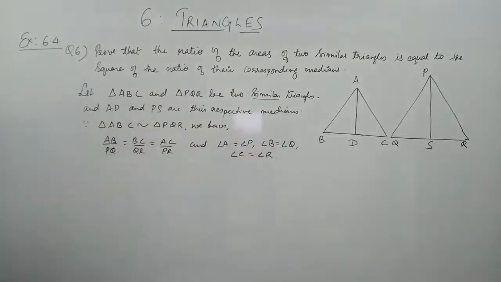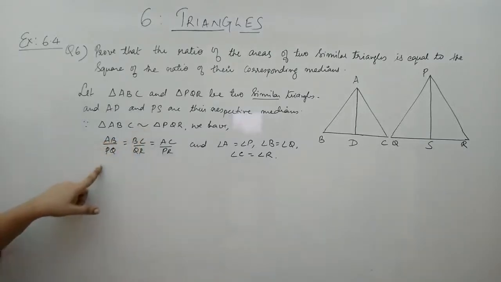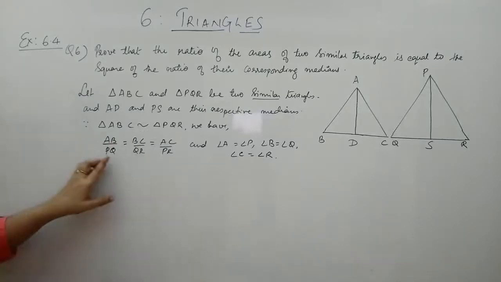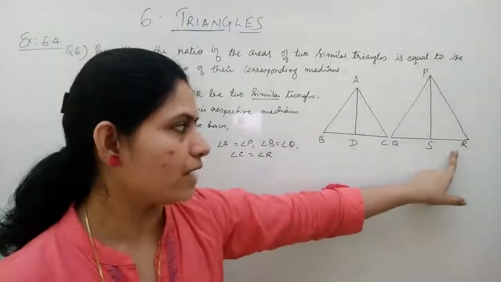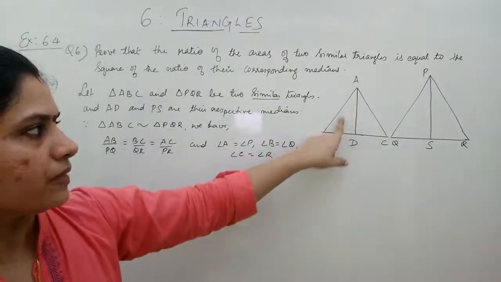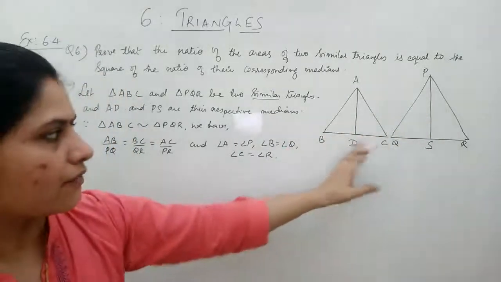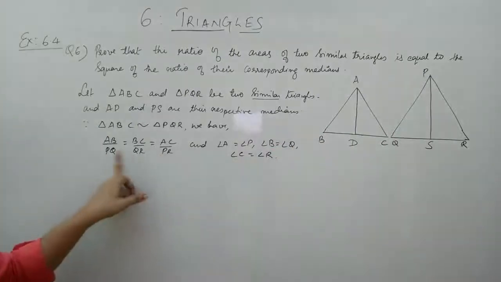This much you will get from the concept of similarity of these two triangles. Now what we are showing is, we are just taking two fractions. Which two fractions? AB by PQ and BC by QR. Why are we taking only these fractions? Because we have to get these triangles correspondingly to be similar. For that we have to get this side, not this side. That's why we are taking BC, the second fraction, and the first fraction.